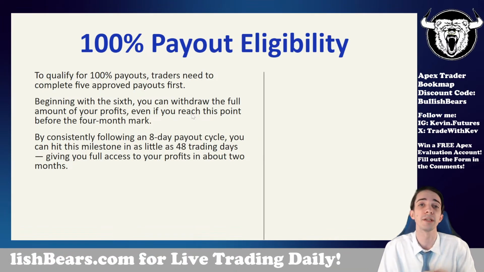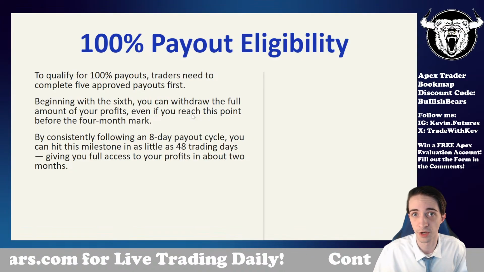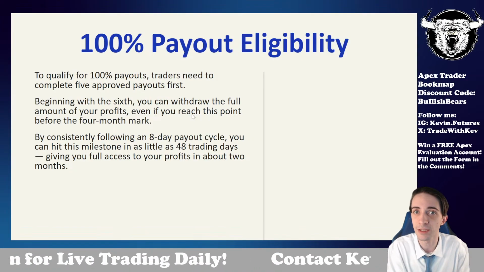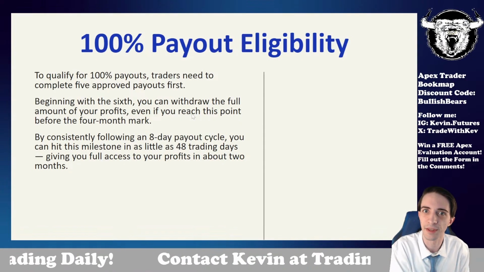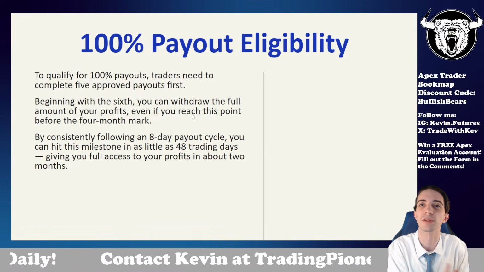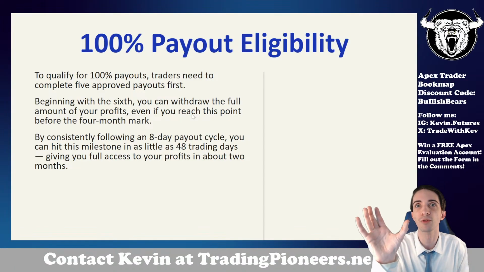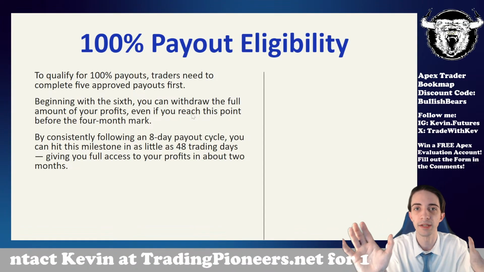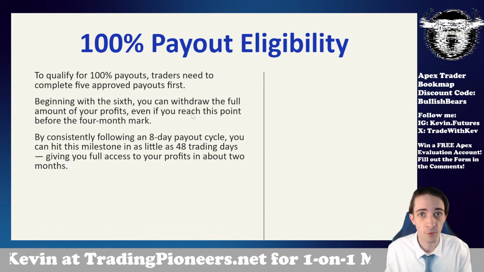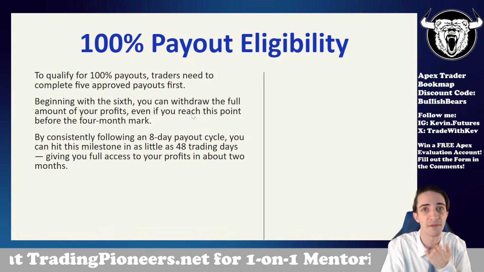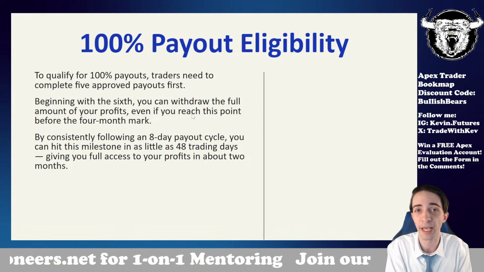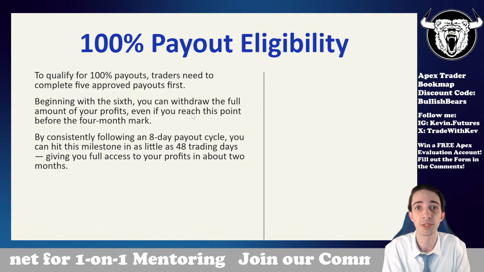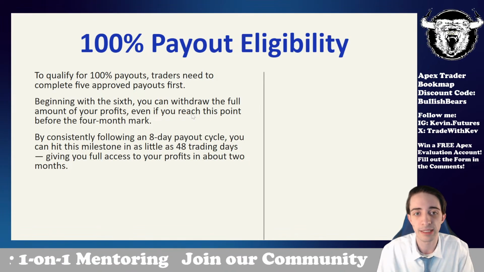So it used to be, Apex used to have a payout window, right? Where the 1st to the 15th you could request a payout, and then, no, it was the 1st through the 5th, and then it was like the 15th through the 20th. And it was just a 5-day window in the beginning, 5-day window at the end. But now, no payout window. Once you hit those 8 days and those 5 green days or whatever the case may be, and you're above the payout threshold, you're above where you're supposed to be, take those payouts any time of the month.